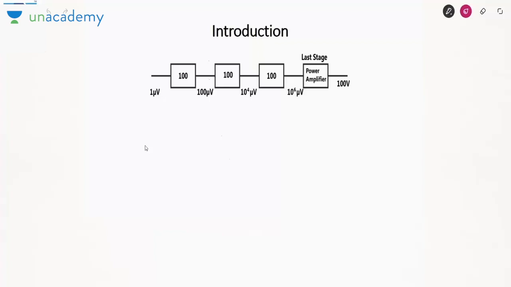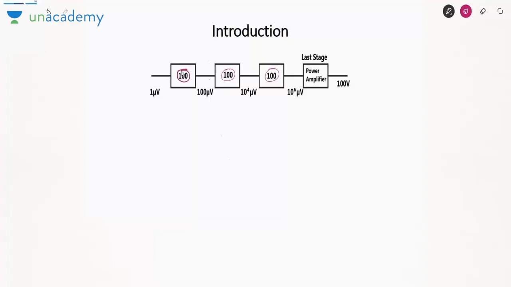Okay, so first of all, this topic is based on BJT, so you can also study this topic directly after BJT amplifiers. Otherwise you can keep it for the end because it is not so relevant from GATE point of view. Now in different devices such as BJT amplifier and FET amplifier, we have talked about multi-stage amplifier. The figure on your screen also represents a multi-stage amplifier in which each stage has a gain of